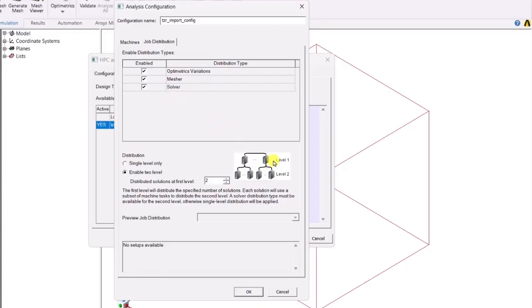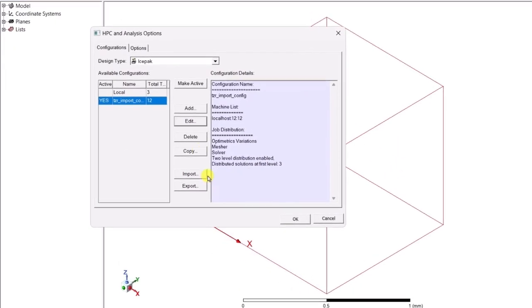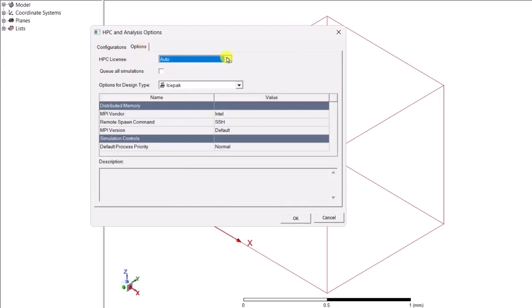The number of cores will be uniformly distributed for concurrent parametric variations. For example, if you assign 12 cores and 12 tasks in the Machines tab and 3 distributed solutions at the first level, then 3 variations will run concurrently and 4 cores will be used for each variation. Click OK. With regards to HPC licensing, in the Options tab, Auto means delegate the choice of workgroup or pack